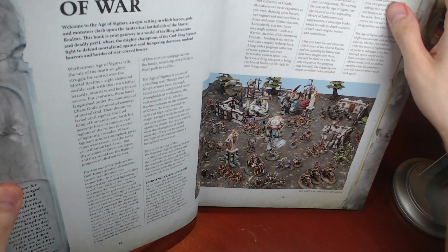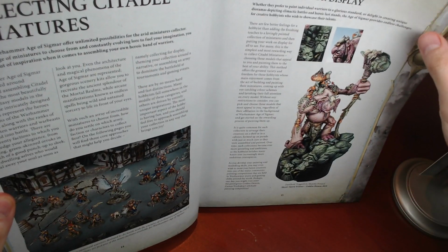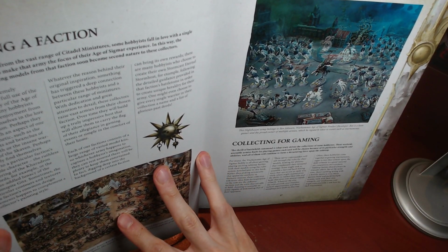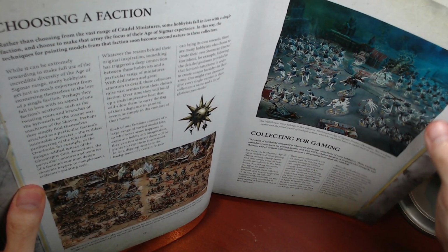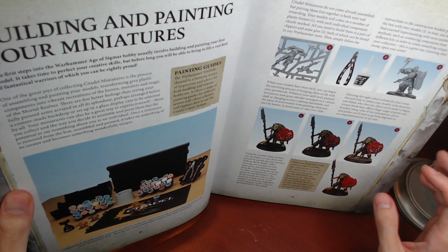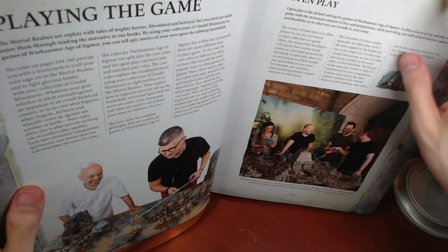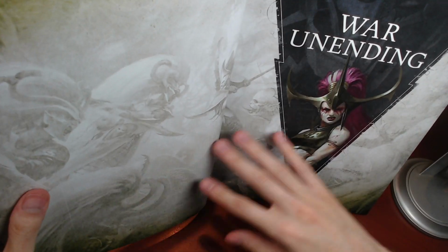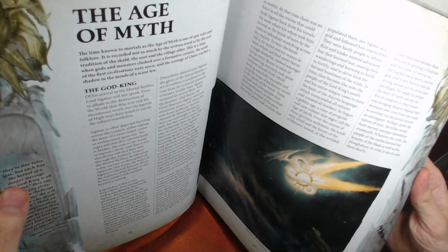When you open the box, you got Realms of War. You got collecting Citadel miniatures, collecting for display. Choosing a faction. Collecting for gaming. Building and painting your miniatures. So they go over a lot of the stuff, how to get started. Playing the game, open play, narrative play, match play, war and ending. I'm not going to go through everything, but a lot of just